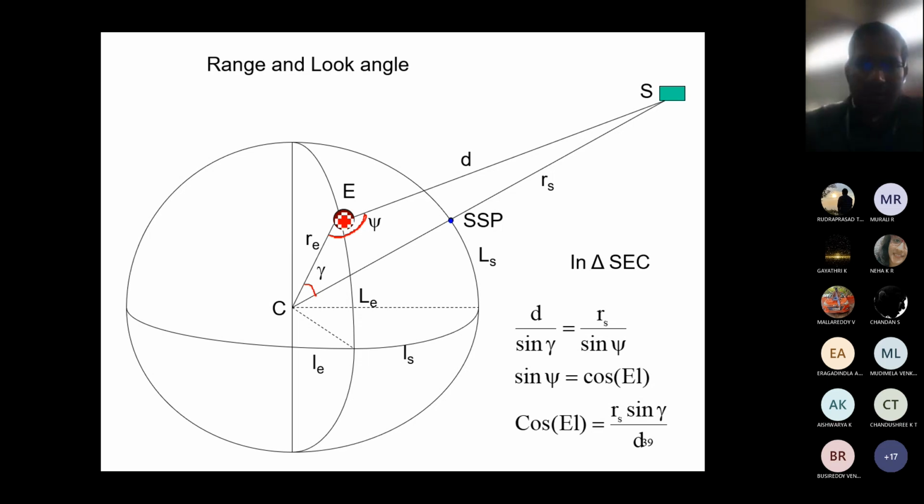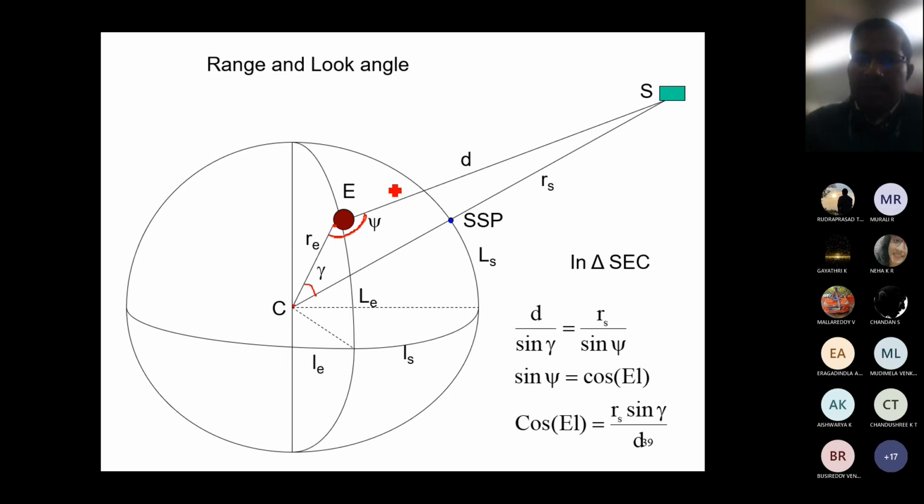Okay, and this is the line joining from the center of the Earth to the earth station. So the earth station is always located on the surface of the Earth. That means it is the line joining from the center of the Earth to the Earth's surface, which is by default the radius of the Earth. All right. So this angle psi,